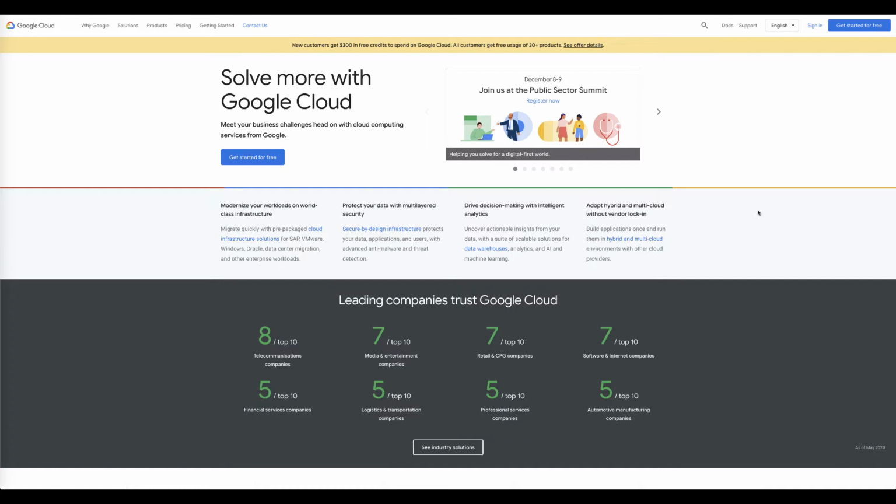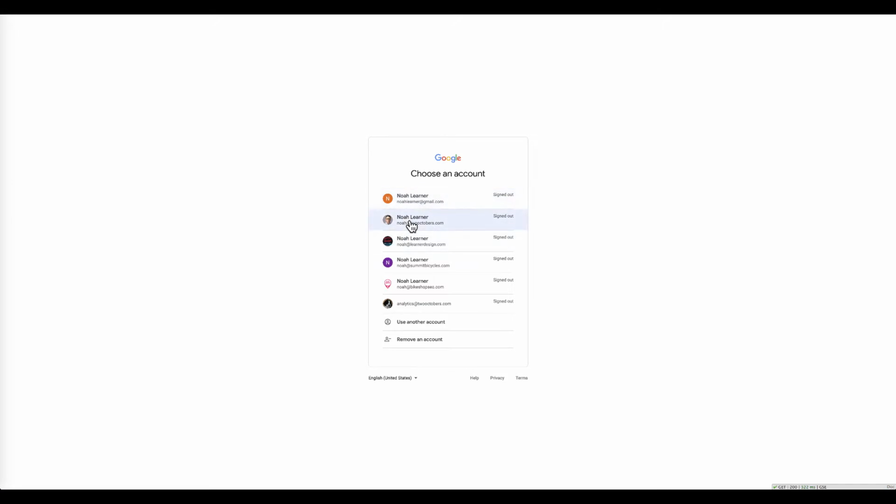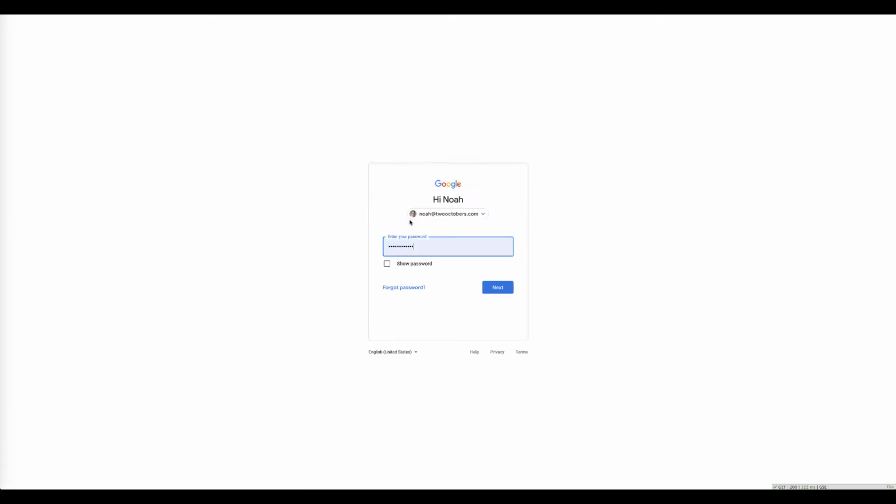Alrighty, so the first thing that we need to do is create an account if you don't have one already for Google Cloud. And if you do, you're just going to log in. And once you're logged in, we're going to make a new project. I'll show you how to do that. First thing we do is we sign in. And you'll have to pick an account that's already a quote-unquote Google account, and that doesn't have to be Gmail. It just has to be an account that you've OAuthed into Google in the past. So I'm going to pick a user, going to sign in,